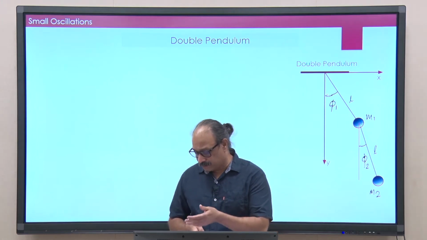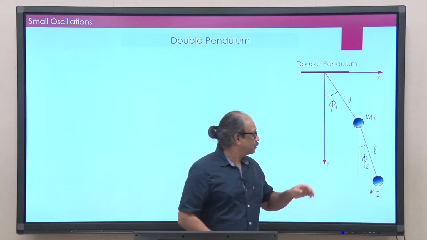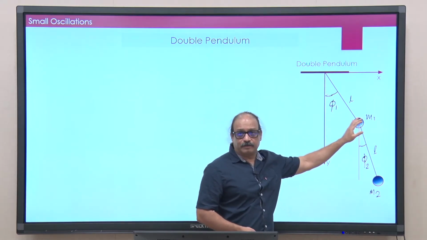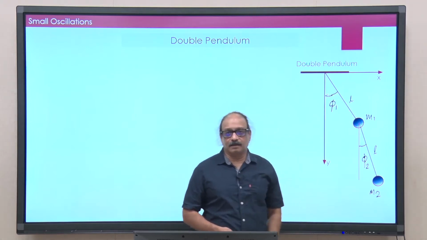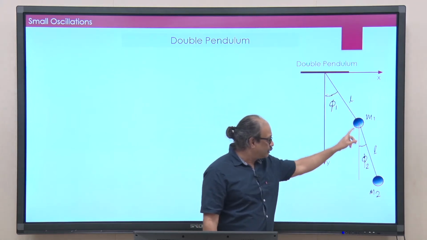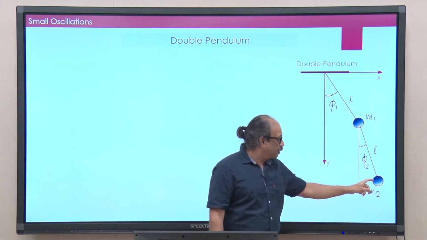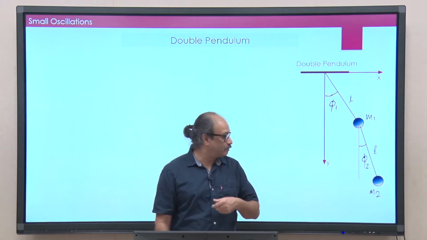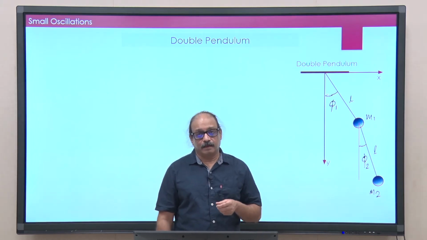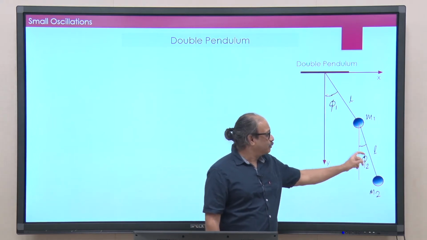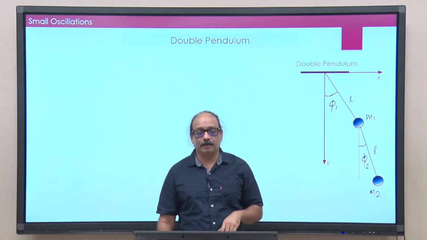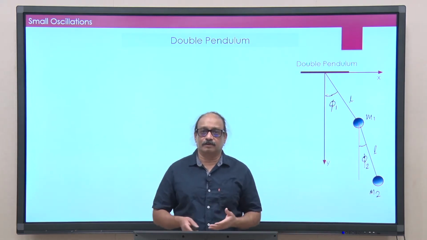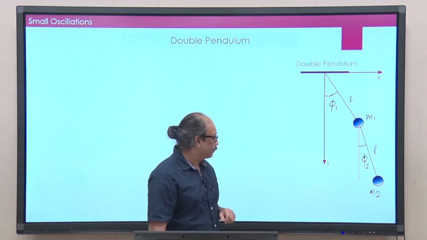Now, double pendulum is of course a very simple contraption. It is a bob of mass m1 hung from a support with a string of length L, and then there is another one which is mass m2. This may be connected to the first one by a string of length L2. Now, in this example of course I am going to take these two string lengths to be equal, but I have taken these masses to be different. Okay. More general problem also can be tackled exactly in the same way.